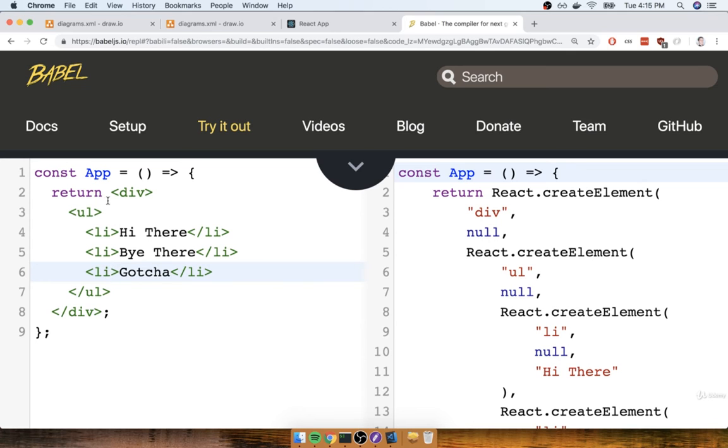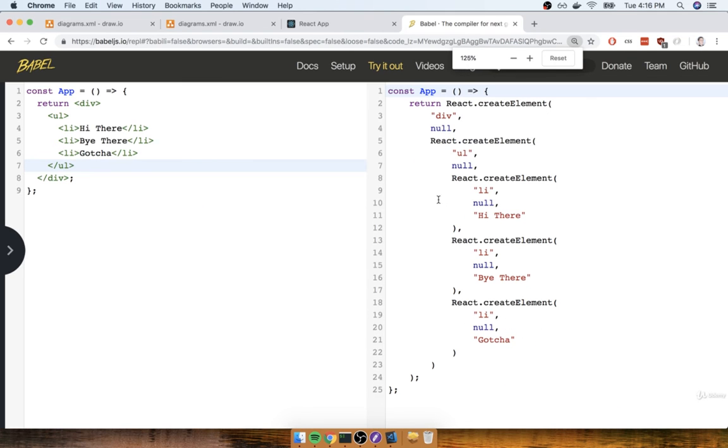On the left-hand side, when we look at this in JSX form, it's pretty easy to tell what's going on if you are at least familiar with how HTML works. You can take a glance at this and understand that this app component is going to create a div that has a UL and 3 LIs. You also very quickly can see what text those LIs are going to contain. However, if you look at the converted result on the right-hand side, it's a lot harder to take a quick glance and understand the exact structure and content of what this component is creating.